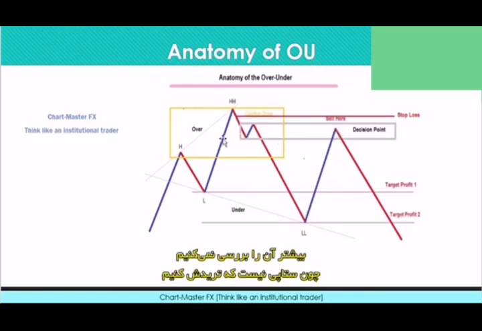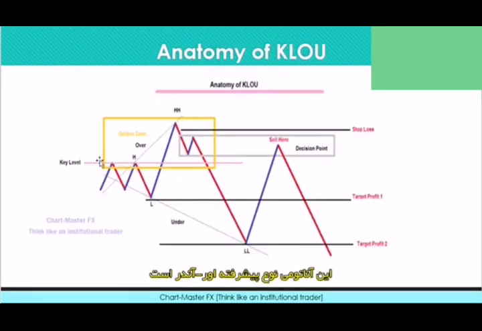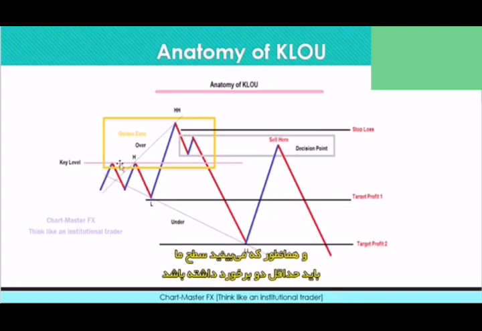We are not going to do much with this setup since it's not the setup that we are going to be trading. So let's go straight to the key level over under. You can see guys here that this is the advanced version of the over under. Now we have a key level here. Our key level must be of at least 2 touches, as you can see here. You can see that this resistance was actually broken, and the market was able to create a higher high here. So you can see that this is the over